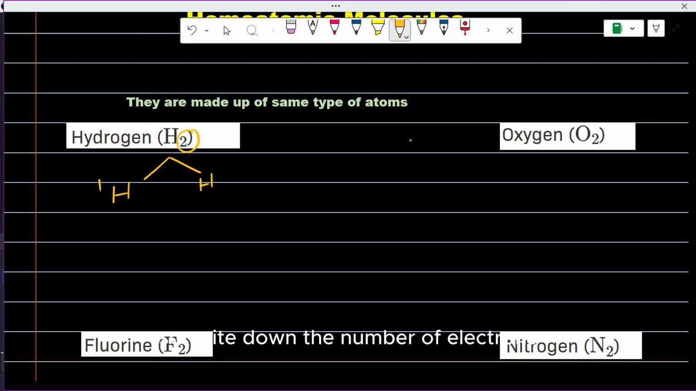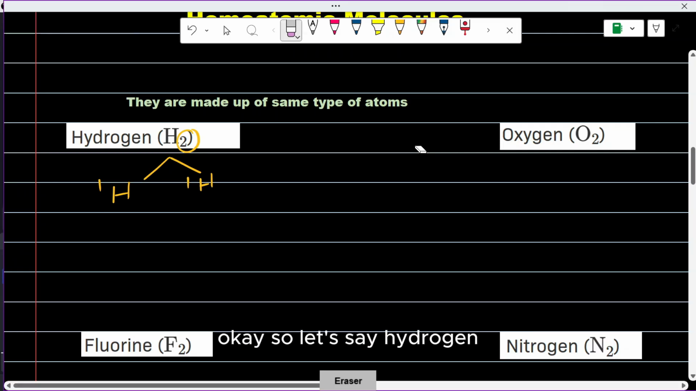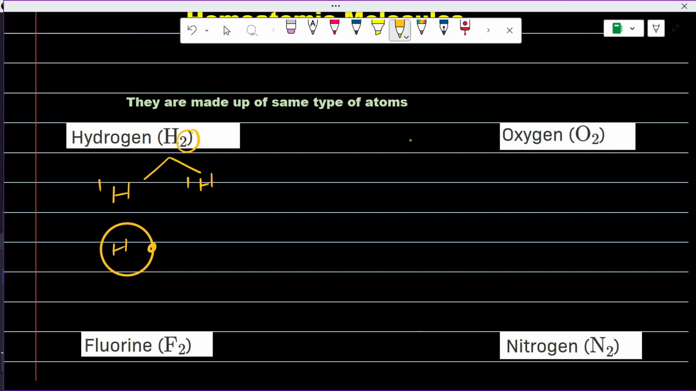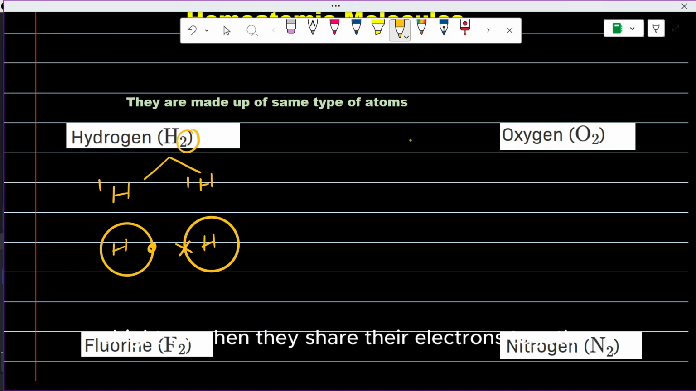Okay, so write down the number of electrons present in each atom and draw its structure. Let's say each hydrogen atom has one electron. So we'll have hydrogen with one electron here, and we have another hydrogen atom. Make sure you represent one with the dot, another with the cross, right? So when they share their electrons together, you'll get a molecule of hydrogen, and both of the atoms will